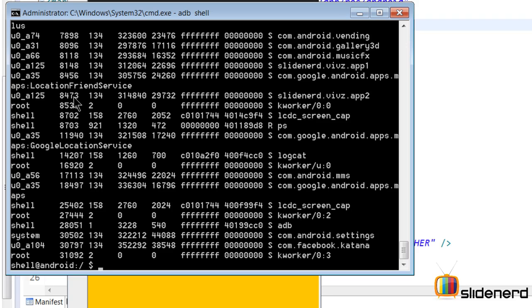In other words, both apps have the same app user ID, which is u0_a125, but 8473 and 8148 are separate process IDs. That means I have successfully established data exchange between two processes that share the same app user ID,